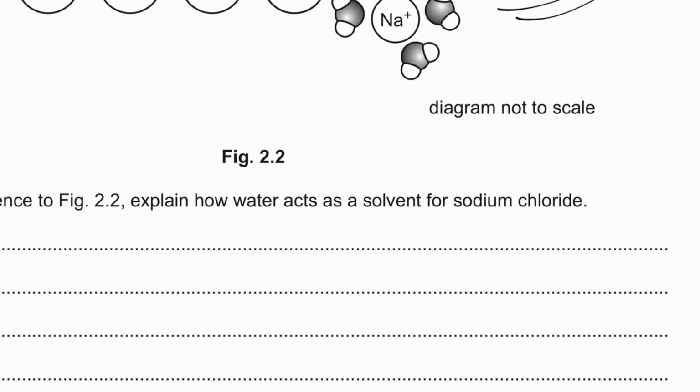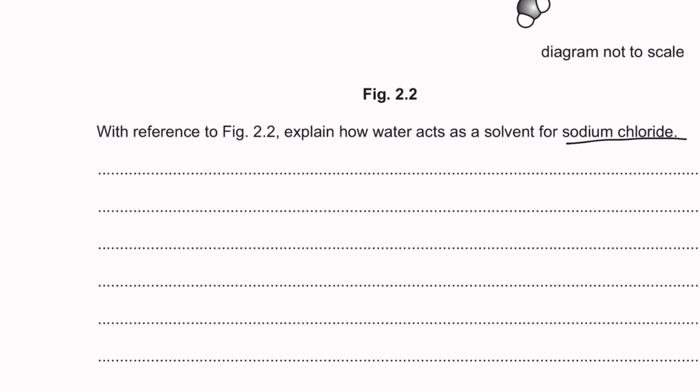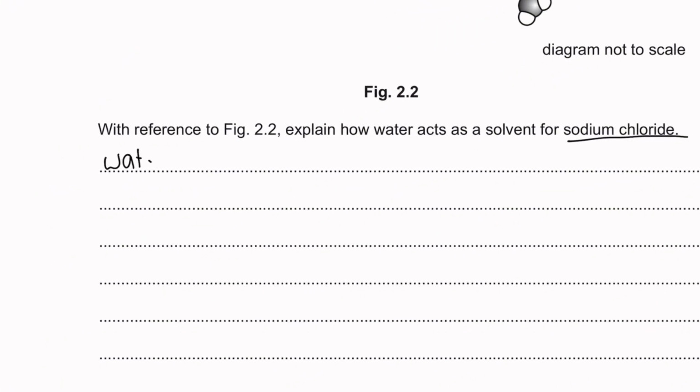So here he says, explain how water acts as a solvent for sodium chloride. To talk about how this happens, we just describe everything I just said in a more proper manner. So let's start with how water is polar and it's a dipole. So it has a partial positive bit and a partial negative part. Okay, so